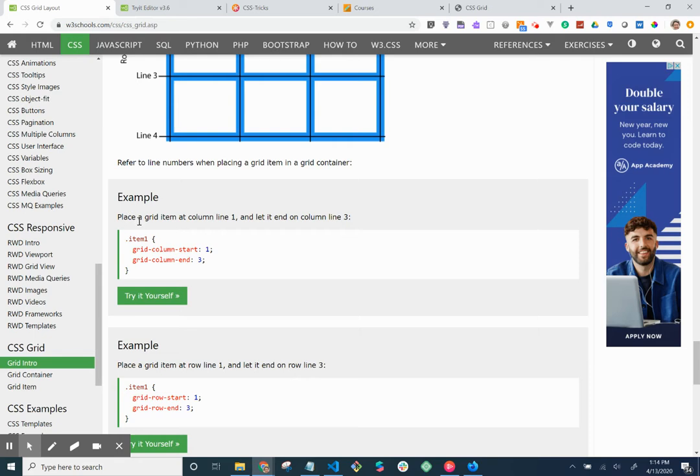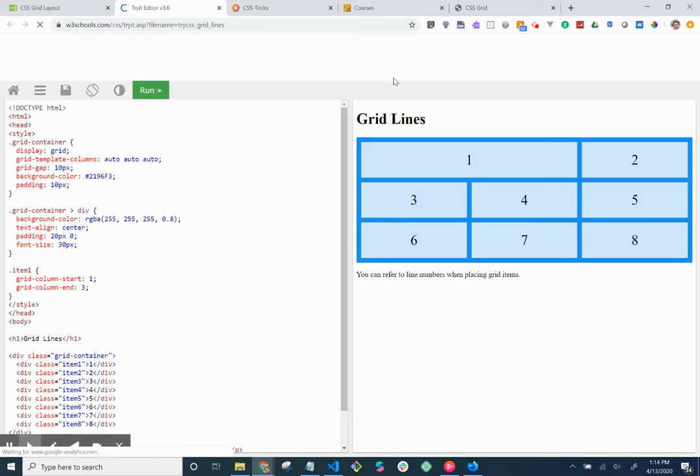So what if, let's go ahead and click on that. What if we wanted a particular item just to take up the first 2 columns, but for this particular one,